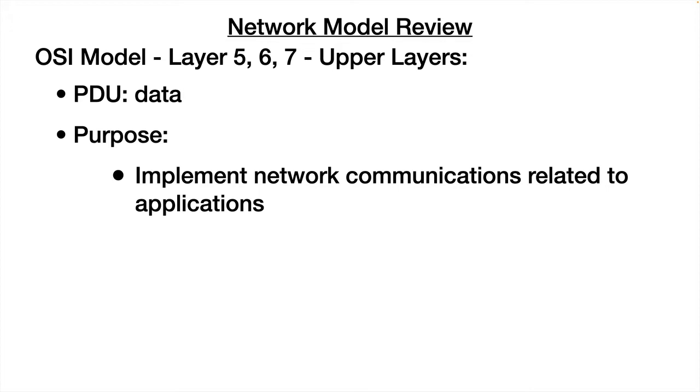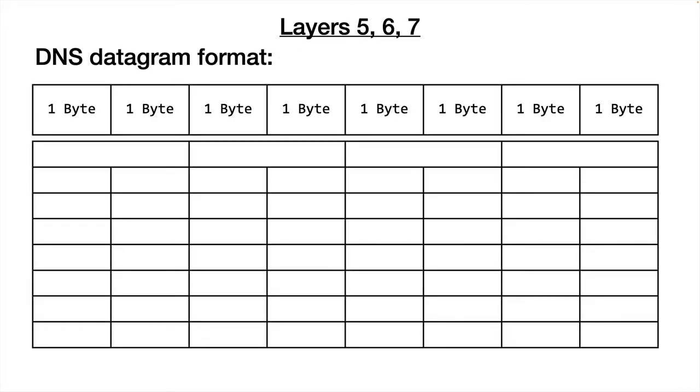So layers 5, 6, and 7 is where application development occurs. That's why they're often grouped together, because we care about networks. We don't care quite as much about developers that are developing programs that are going to use the network. So what I'm going to use for an example is, we'll probably come back and delve into this a little deeper, but I'm going to use the